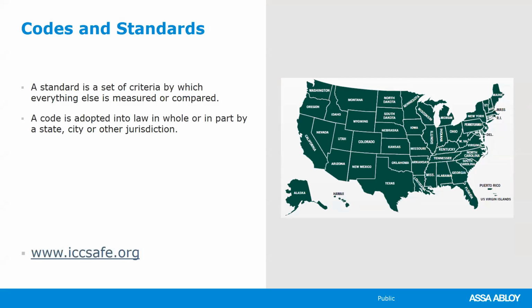For example, NFPA 80 tells us all fire doors shall be self or automatic closing. However, in a healthcare I2 occupancy, closers are not required on fire-rated patient room doors. So again, you have to know what local codes have adopted. And the best location to find that information, what is approved in your area, is the website